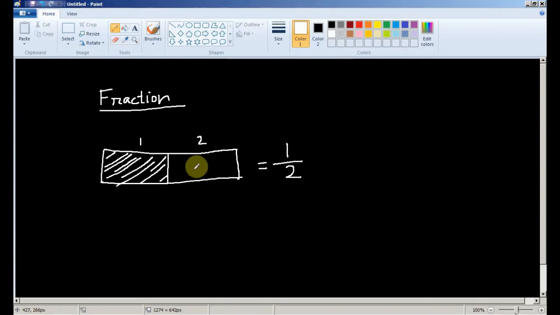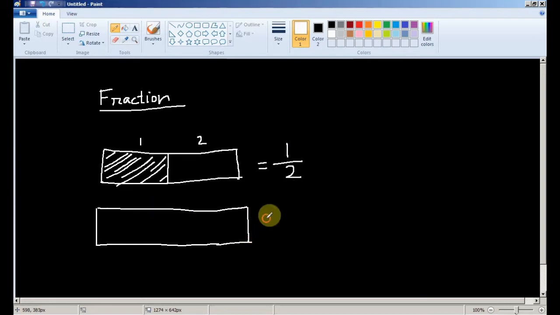Because I have made 2 equal divisions, if I give one of them to my friend, I got only half remaining with me. Otherwise you can say I have given half to my friend. Okay, what about 4 divisions or 5 divisions? So this is 1. The whole is always equal to 1. Now what you are doing is dividing the whole into parts, and that also equal parts.